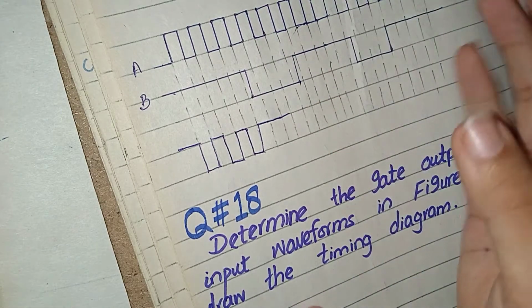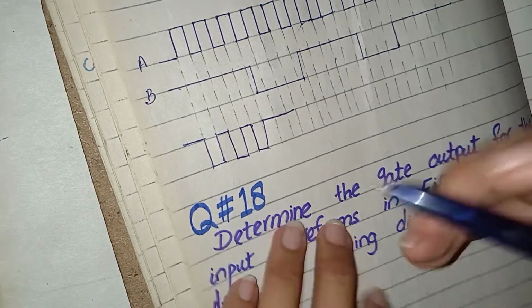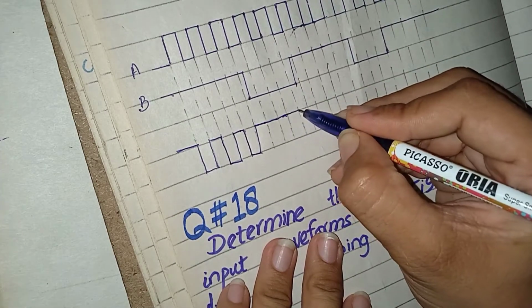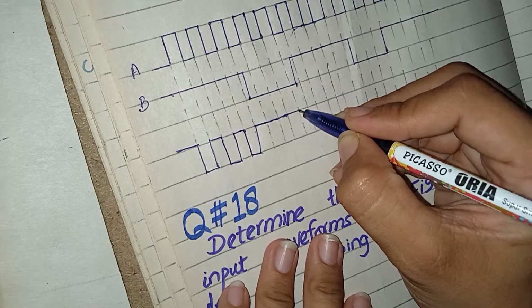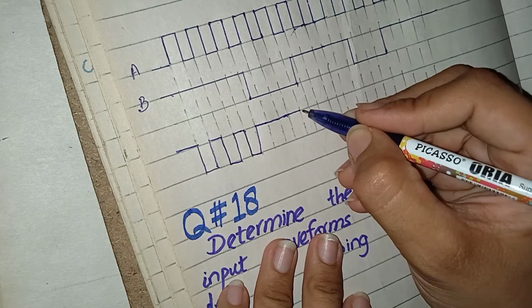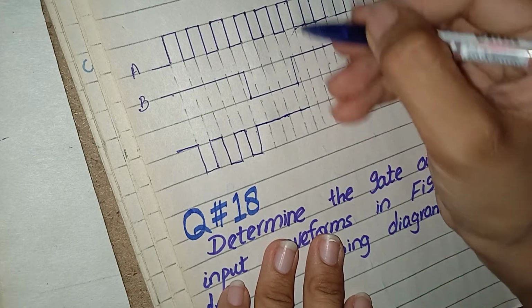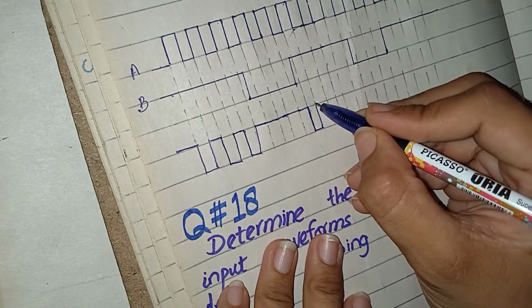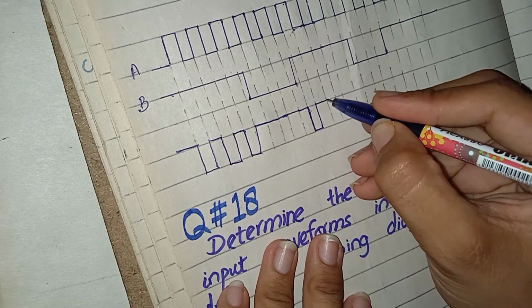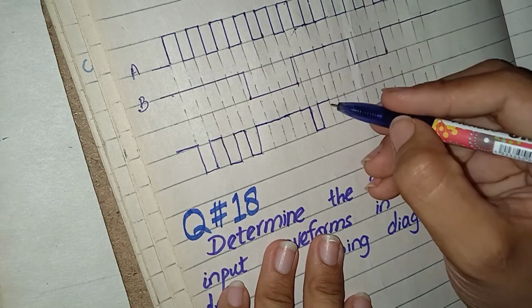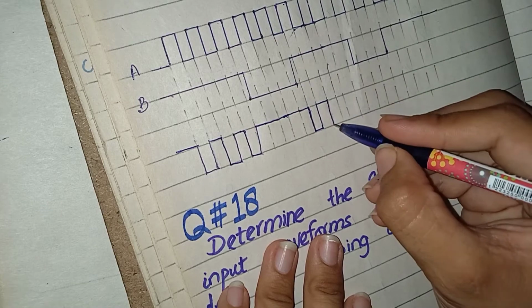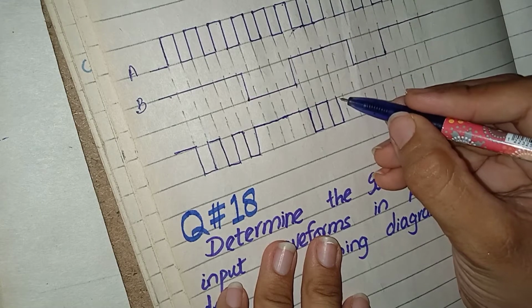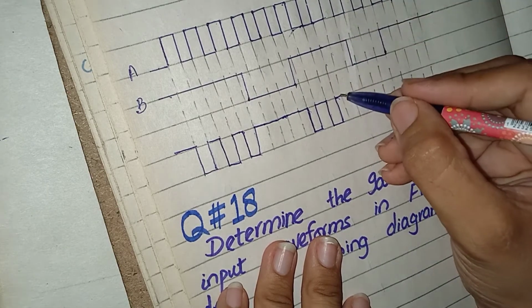But for a NAND gate, as it is the opposite of an AND gate, we are going to get the higher output. Here we also get the higher output. Same goes for this, but for these two combinations, we are going to get the lower output because A is high, B is also high. And for these two combinations, we get high output. For these two combinations, we get lower output because A and B are both at high level. For these two combinations, we get high output. For these two combinations, we get low output.